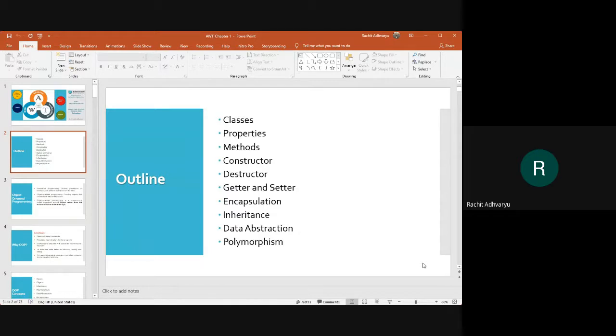What is the difference between procedural oriented language and object oriented language? Let me know in the chats. This could be part of your examination question. Come on, guys, let me know the answer.